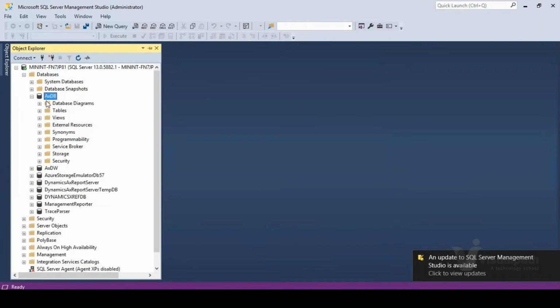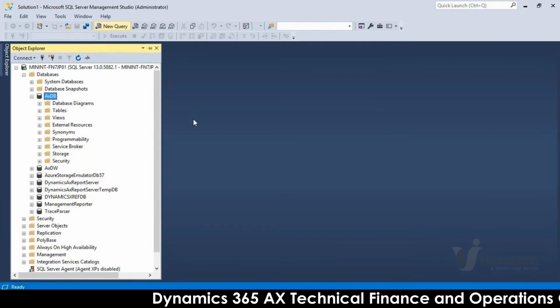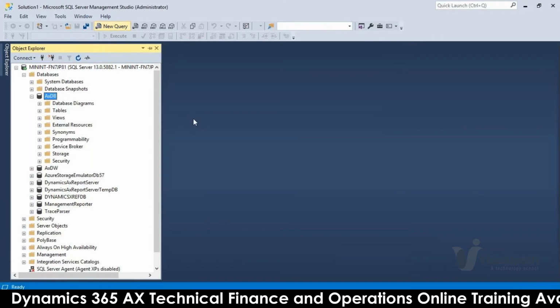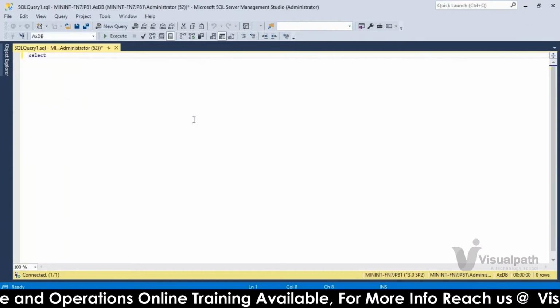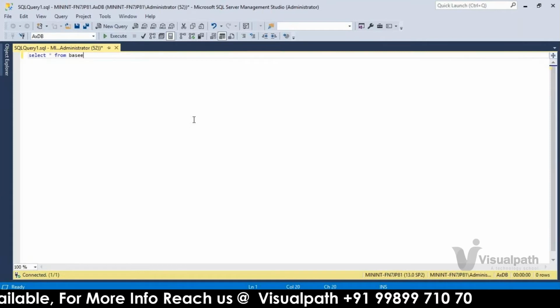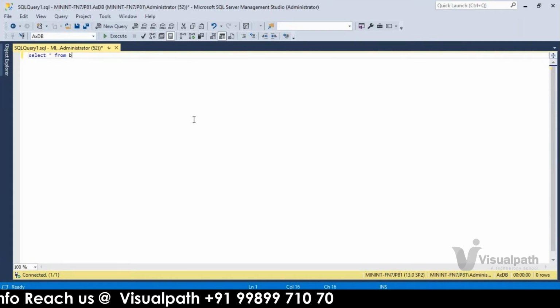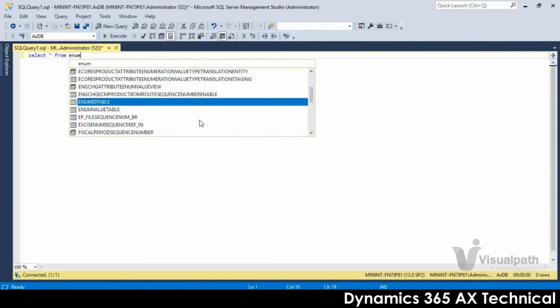And this is our AXDB database. Click on new query. I think it should be base enum. Yeah, enum ID table.